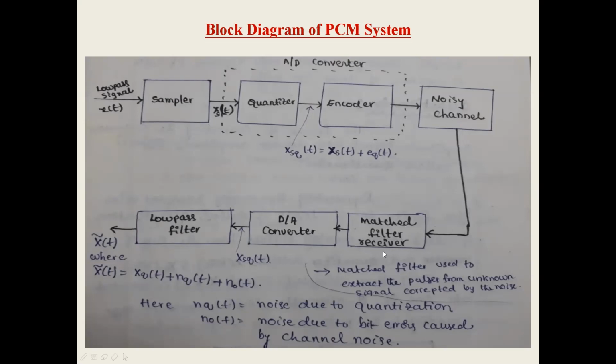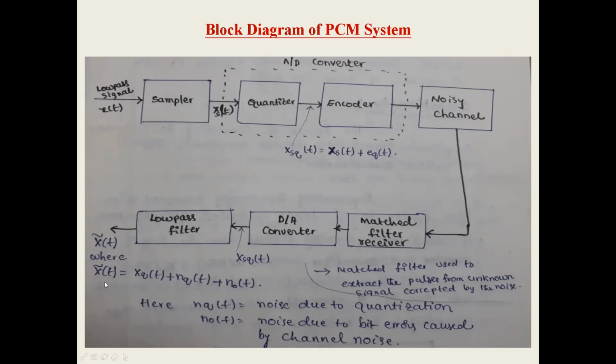After that, we have a DTA converter. The output of the matched filter is a digital signal, that means it consists of the pulses. Now these pulses are converted into an analog signal by means of a DTA converter. The output of this DTA converter is XQ of T. So earlier we generated it at the output of the quantizer, the same signal will be generated here, that is XQ of T, and it is passed through a low pass filter in order to reconstruct the original signal X bar